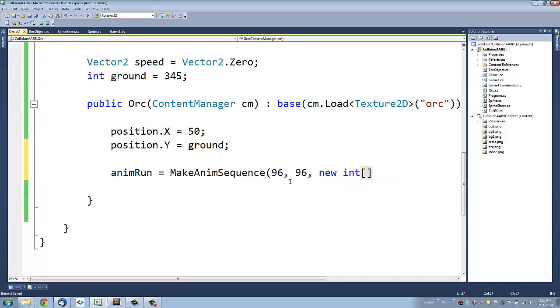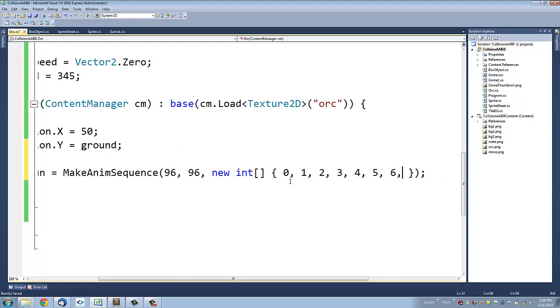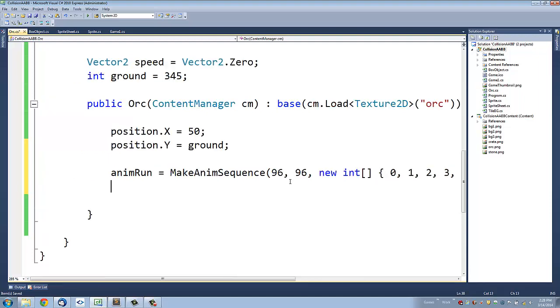And then we have to pass in an array of integers, and those integers represent which frames we want in this animation. I actually want all 8 frames in this animation, so I'm just going to type 0 through 7, and we're good to go. The jump animation